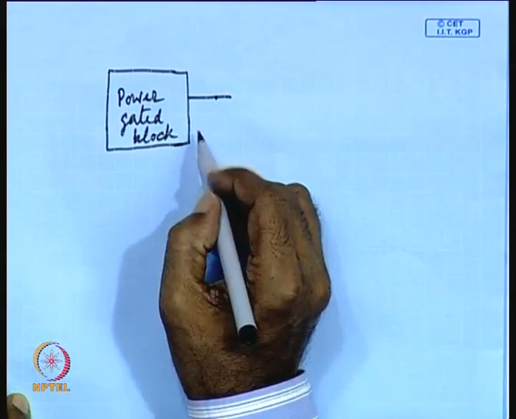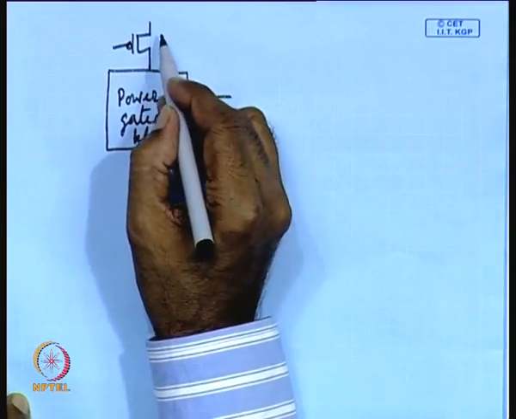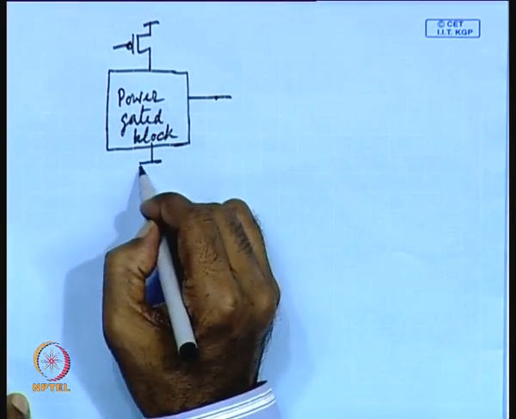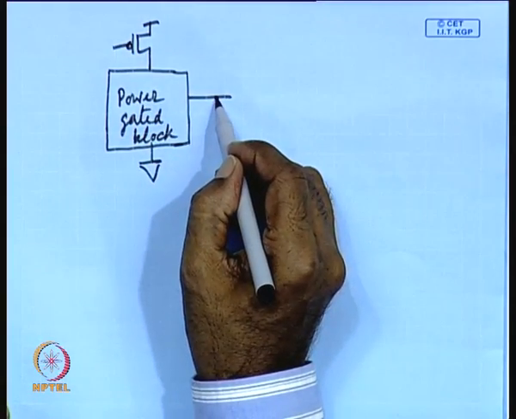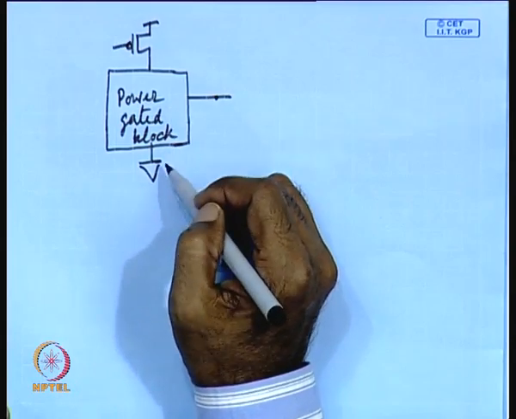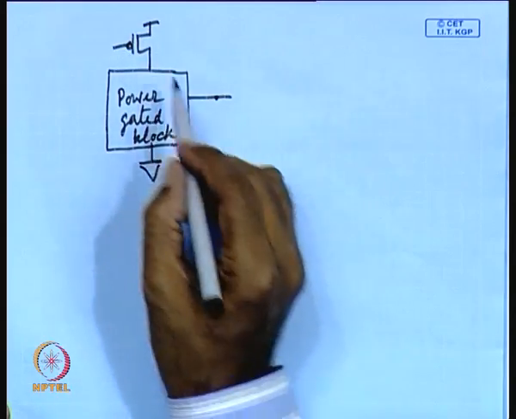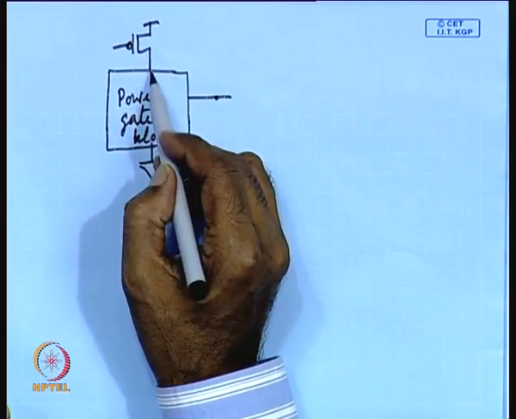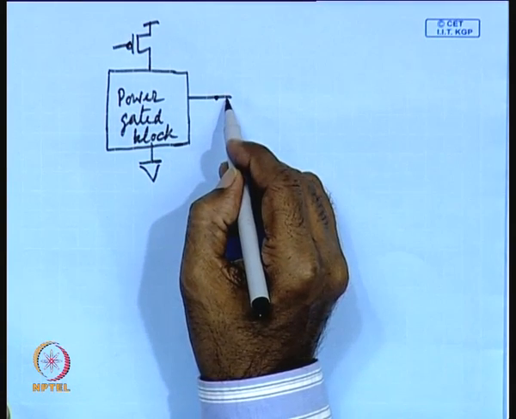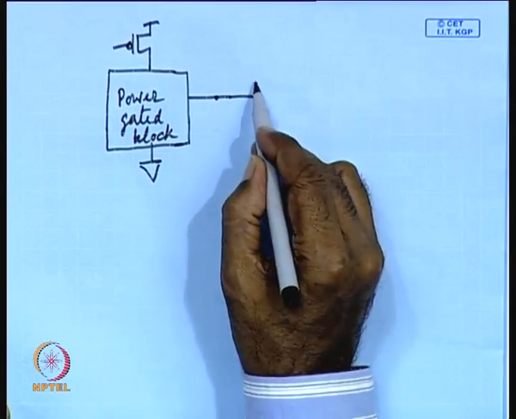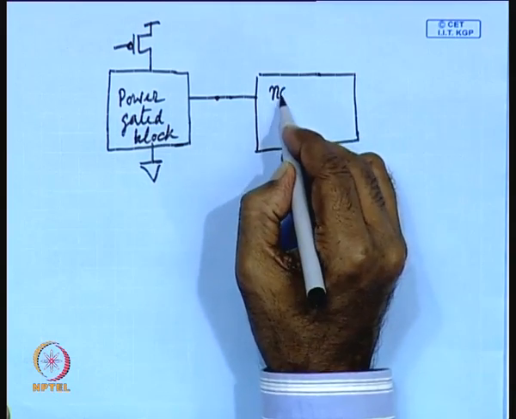Since this is a power gated block, the output voltage that is generated here can be either 0 or VDD, but for example, if you use say a header switch, then as you turn it off, voltage should come down to 0, but it may not come down to 0 because of various reasons, because of the leakage power of this part. Even when it is switched off, there is some leakage current that will flow through it. As a result, there will be a voltage that will be generated here. So, if this output goes to a non power gated block,